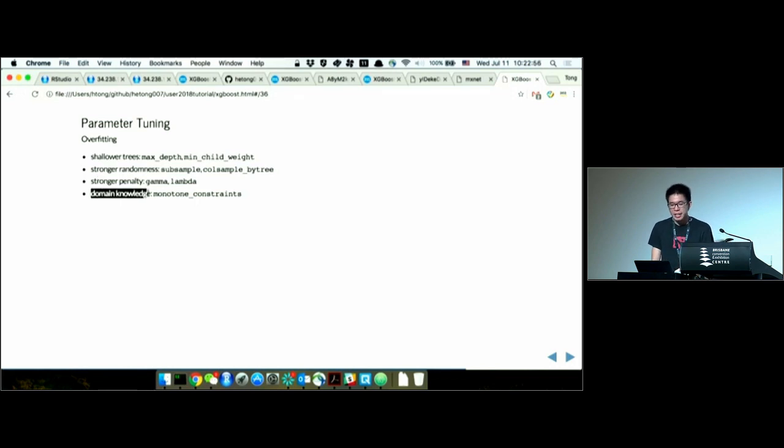And then we can set a stronger penalty to control the complexity of our model. And sometimes we have domain knowledge because, say, satisfaction level is indeed related to whether he is going to leave or not. The more satisfied he is, the less likely he's going to leave. It's something we know from our daily life. So we've got a special parameter here, monotone constraints. We can set that